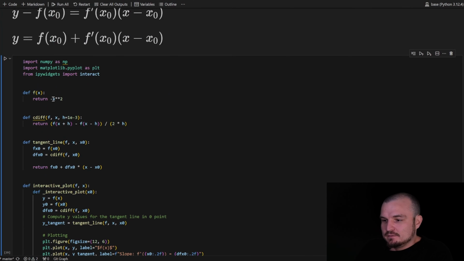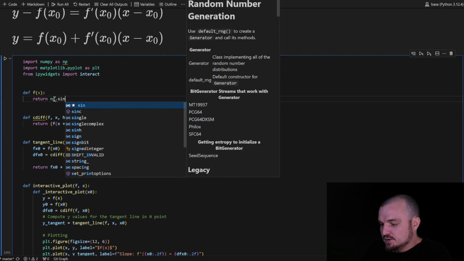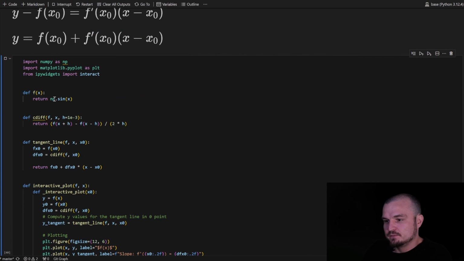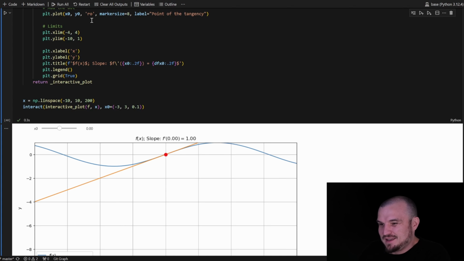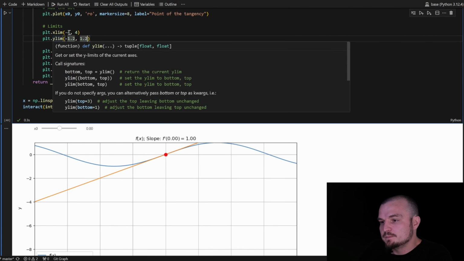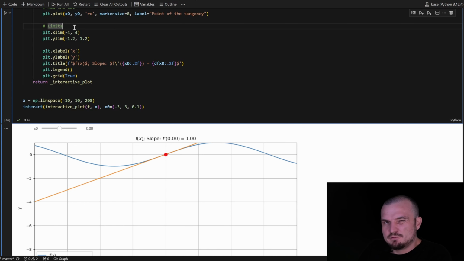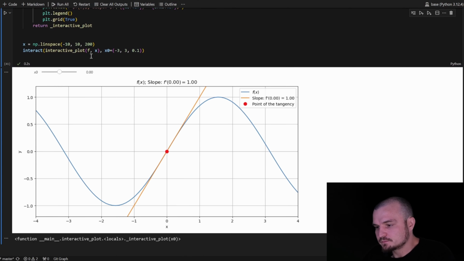Now let's add one more. Let's use numpy sine of x. Let's run this code. We need to change the limits. Let's use from -1.2 to the positive 1.2 for y limits, and for the x, let's leave -4 and 4. So great. And let's analyze